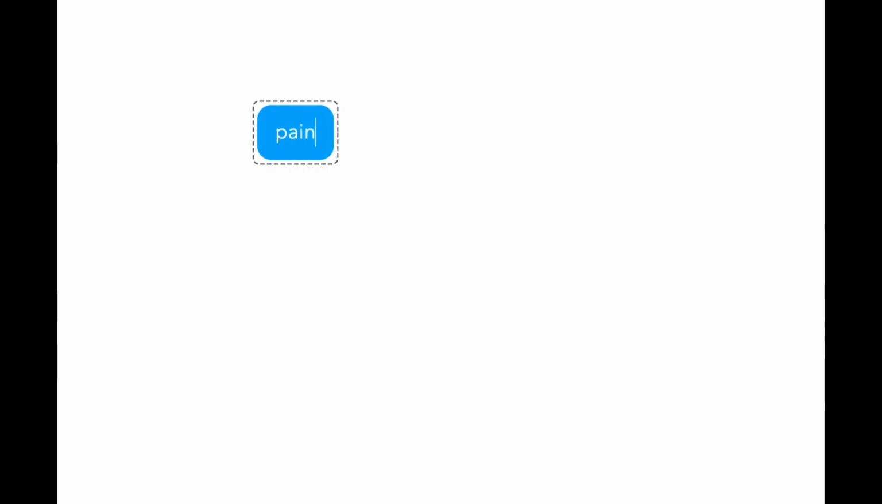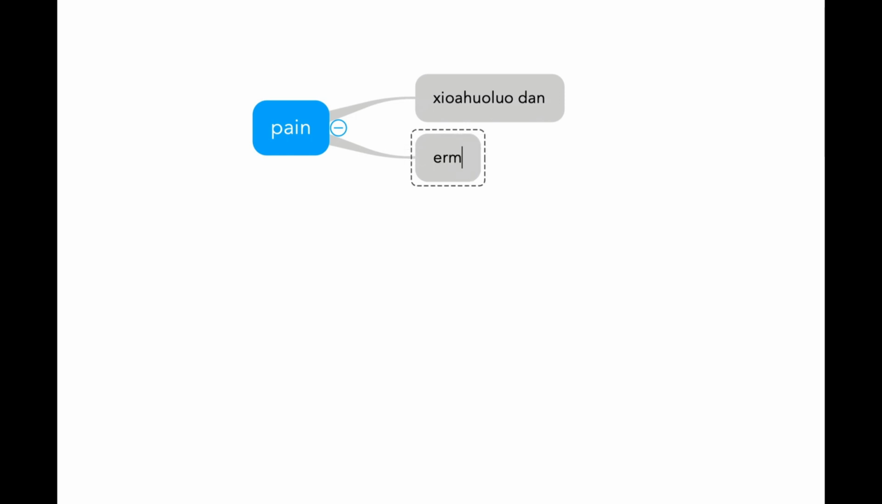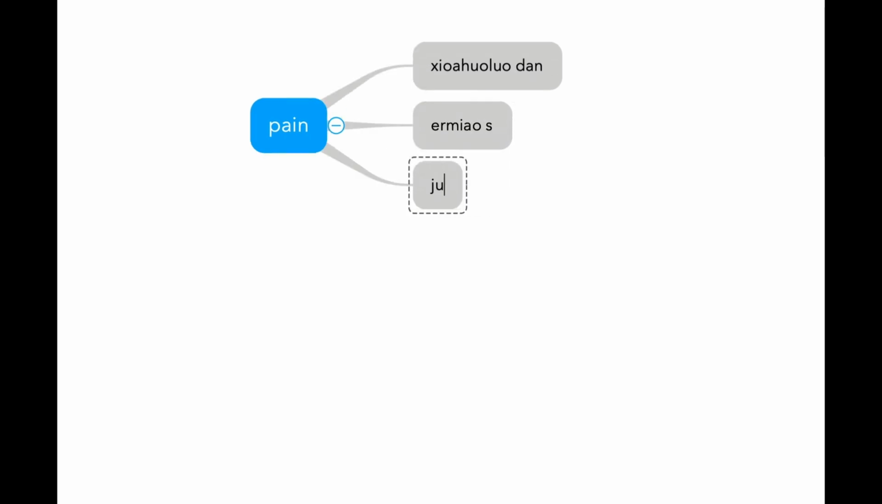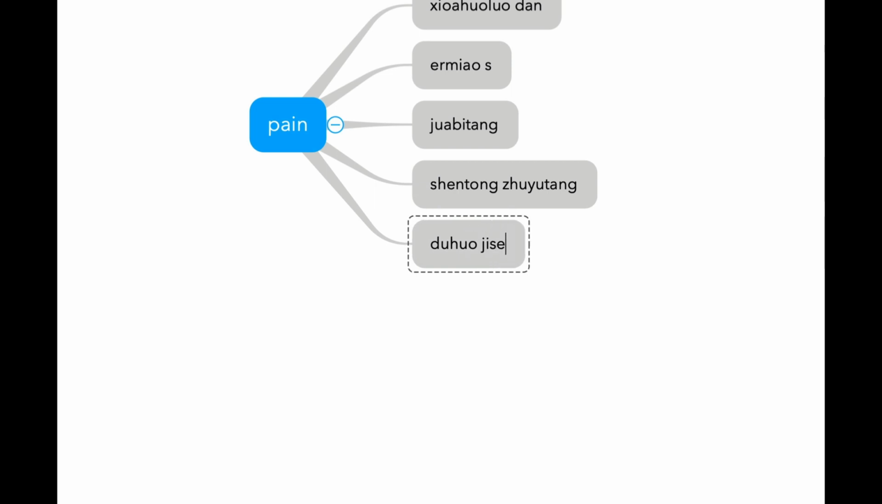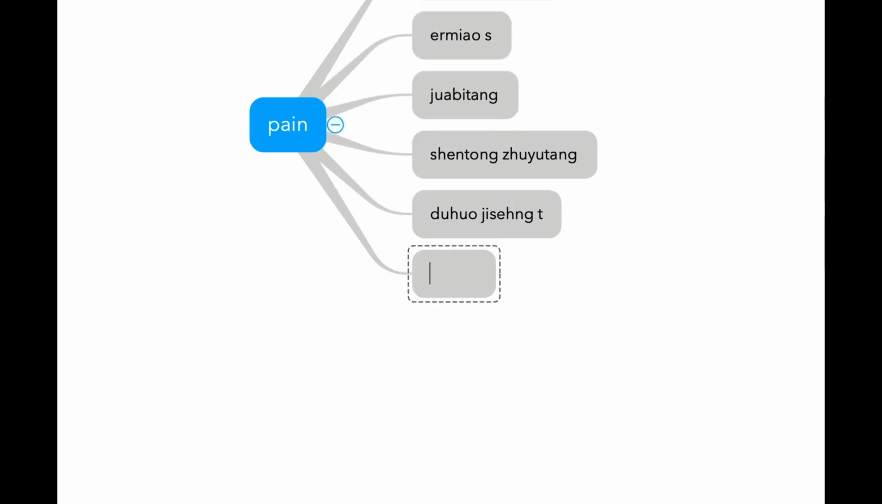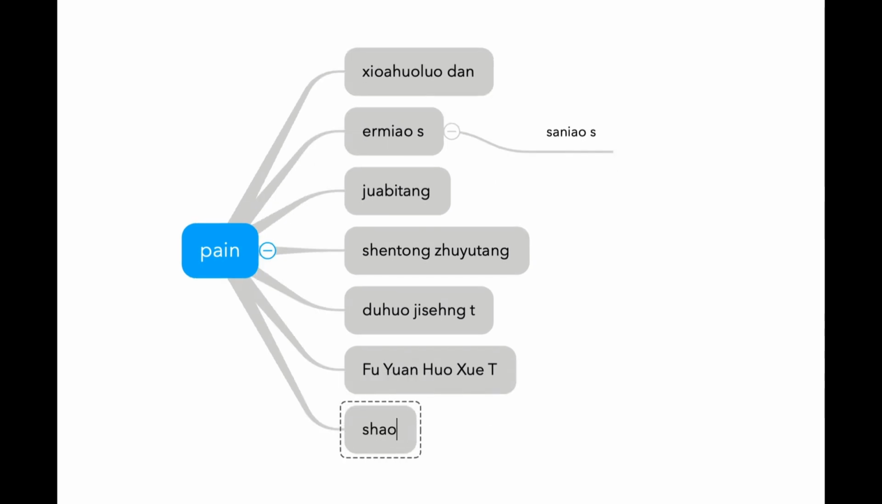Formulas for pain. So Xiaohuoluodan. What else? Ermiao San. And Juanbi Tang. And Shentong Zhuyu Tang. And Duhuo Jisheng Tang. And Fuyuan Huoxue Tang. Xiaoyao Gancao Tang. So among 162 formulas, these are specifically used for pain,